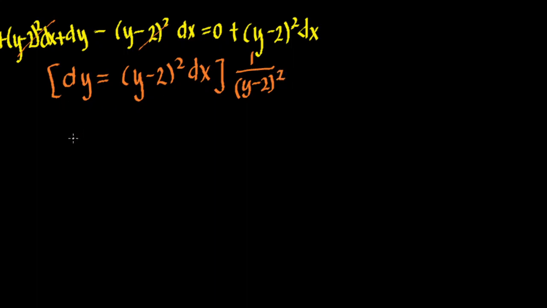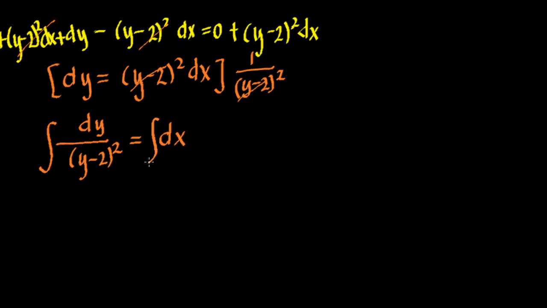That's why we have dy over y minus 2 squared is equal to, cancel this out, so we're left with dx, and then taking the integral,